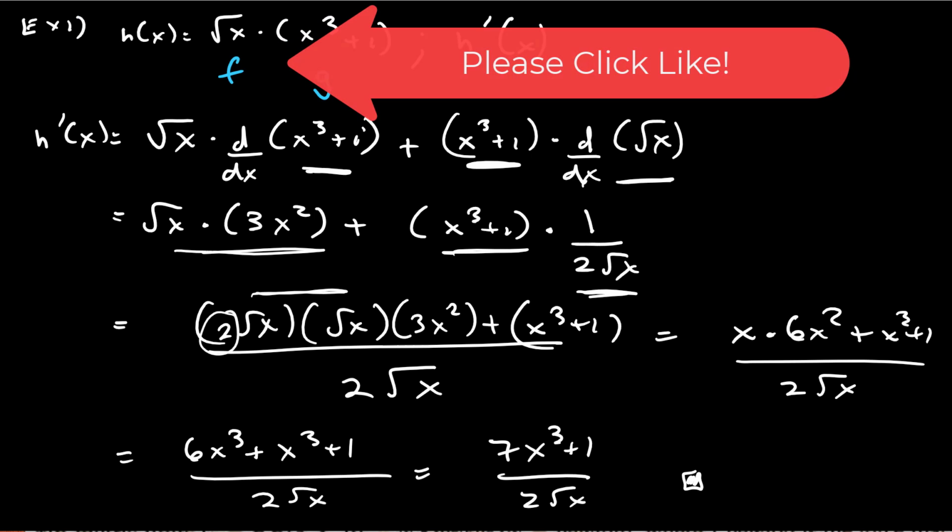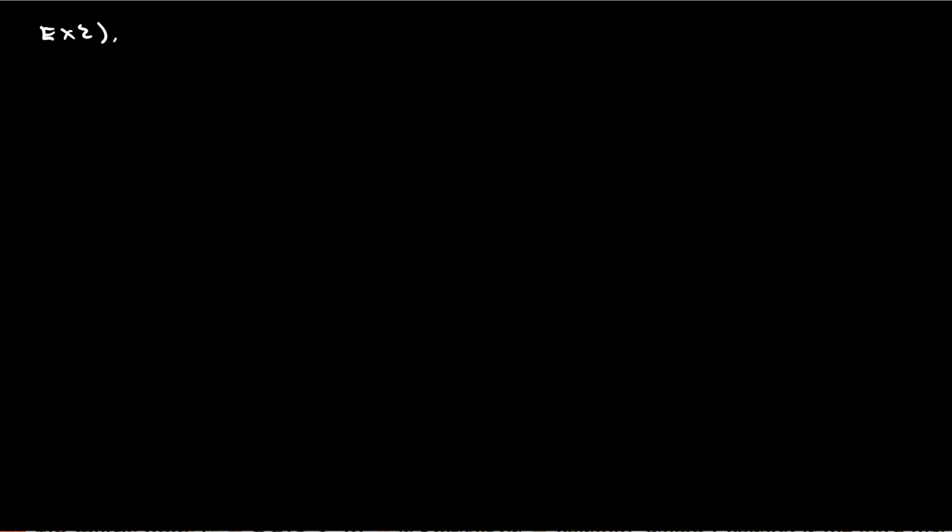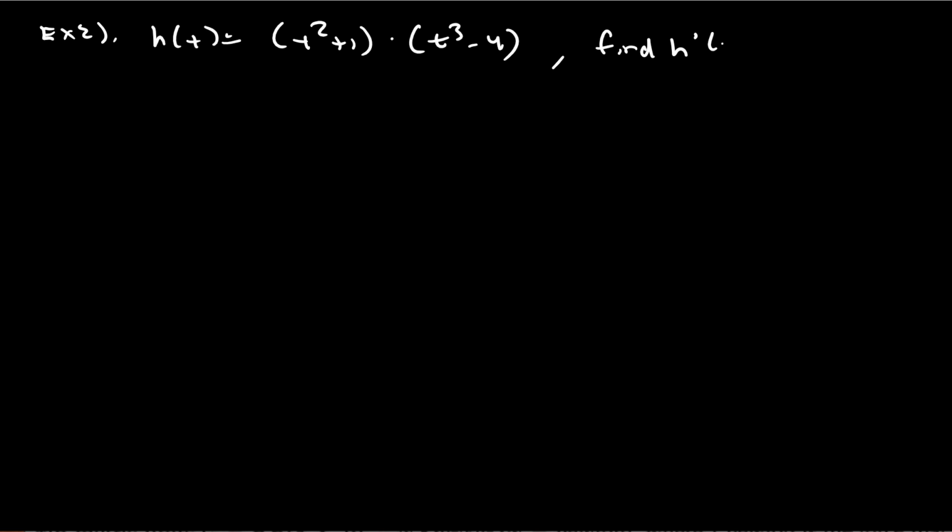Let us consider another example. Suppose I have a function h of t, which is t squared plus 1 multiplied by t cubed minus 4. And we're asked to find h prime of t. Since this is a product and we have two terms, f and g, we can apply the product rule. And we say that h prime of